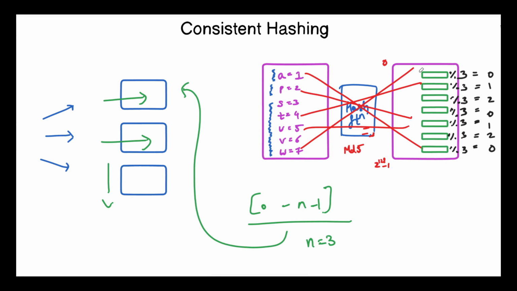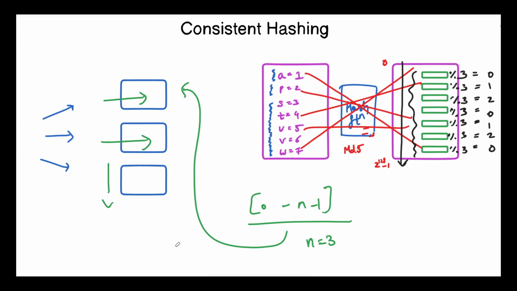Let's say these are the values that we get after passing through the hash function and after taking the modulus by 3, because the number of cache servers in our architecture is equal to 3. So we get the values 0, 1, 2, 0, 1, 2, 0. According to that, we put our values into the corresponding cache servers. Our output of the hash function is in increasing order, so that's why we get a sequence of 0, 1, 2, 0, 1, 2, 0, 1, 2. Now let's say our website becomes very popular and more requests are coming to our website.